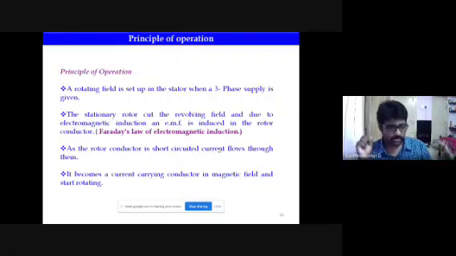So I repeat once again. First, three-phase supply is given to the stator side, so a rotating magnetic field is produced. So what is a rotating magnetic field? That I will